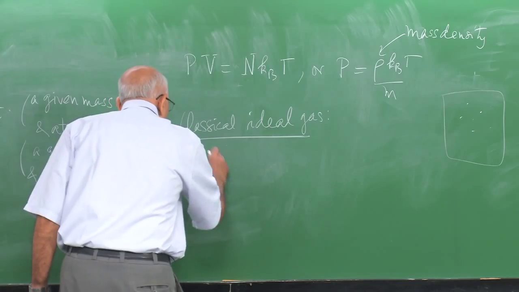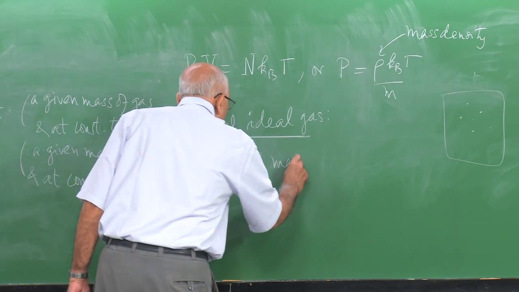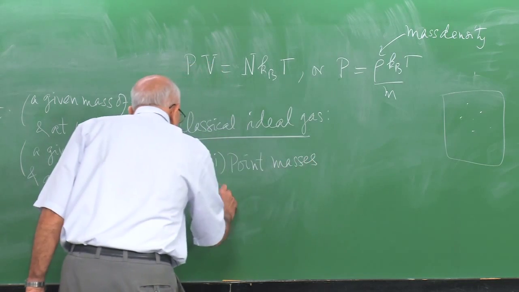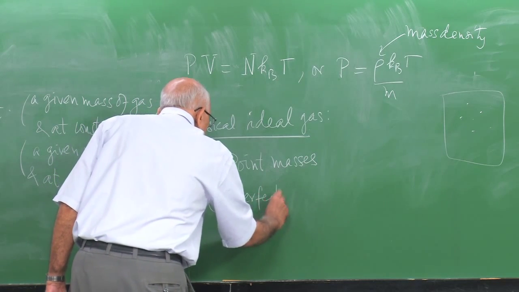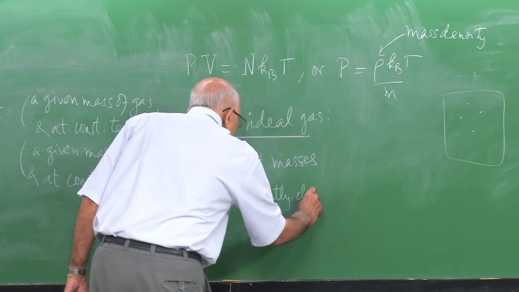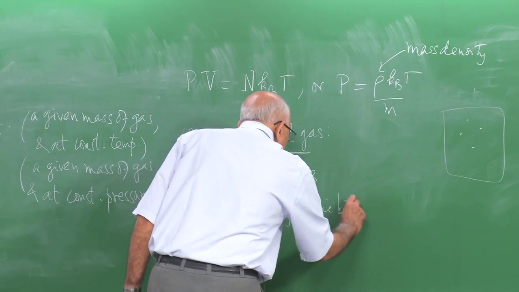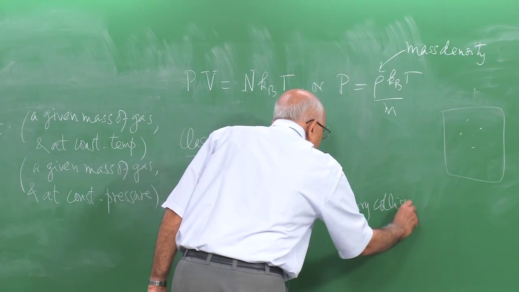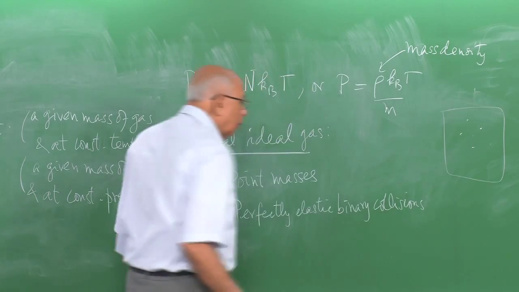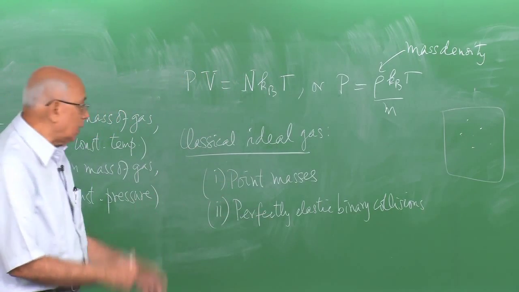So, 1, point masses, 2, perfectly elastic binary collisions, two at a time, between the particles and between any particle and the walls of the cavity,